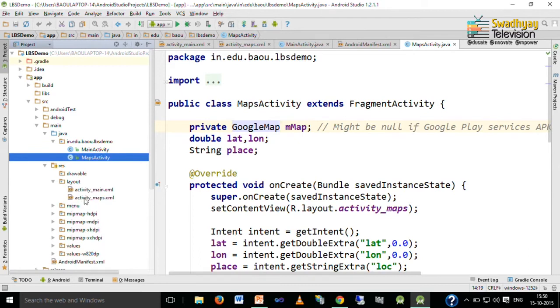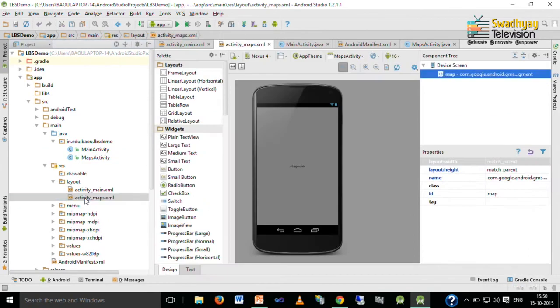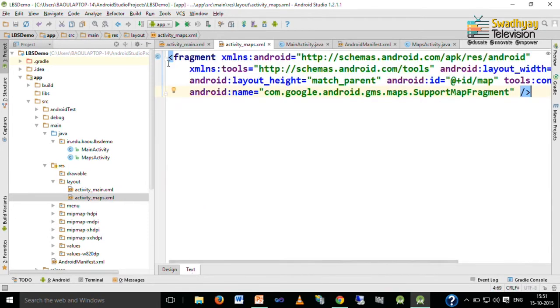Here is the layout file, which is the activity_maps.xml file. Here there is only one control, a map of type fragment, and if you look at its text, you can see it is a fragment.